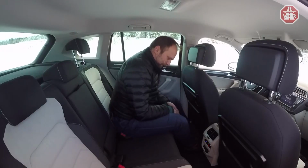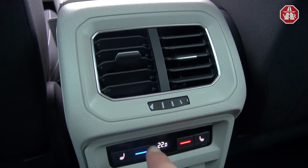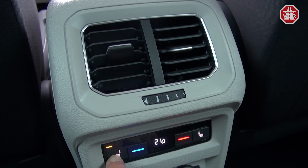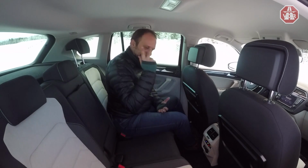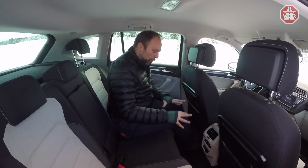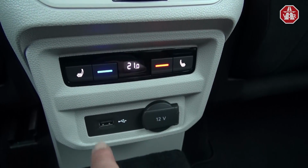In the center console we have the air outlets, and our car is equipped with a 3-zone climate control, so you've got your own climate zone right here and you can adjust it. Plus our test car is equipped with seat heating for both outer seats, 3 intensities again. But that's nothing. Now my highlight, we not only have a 12-volt outlet back here, but as well a USB